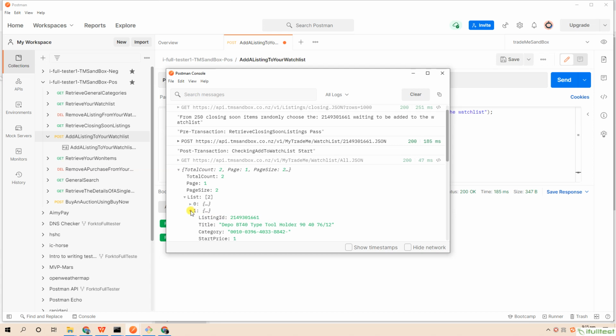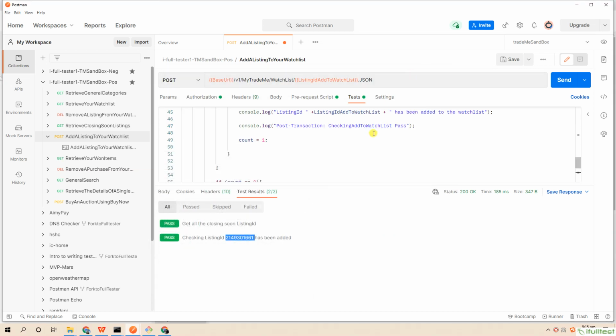See, we get the given listing ID, so our transaction was marked as passed. Continue to enhance the script, such as parameterization, and extend negative test cases to cover as much as possible the business scope.